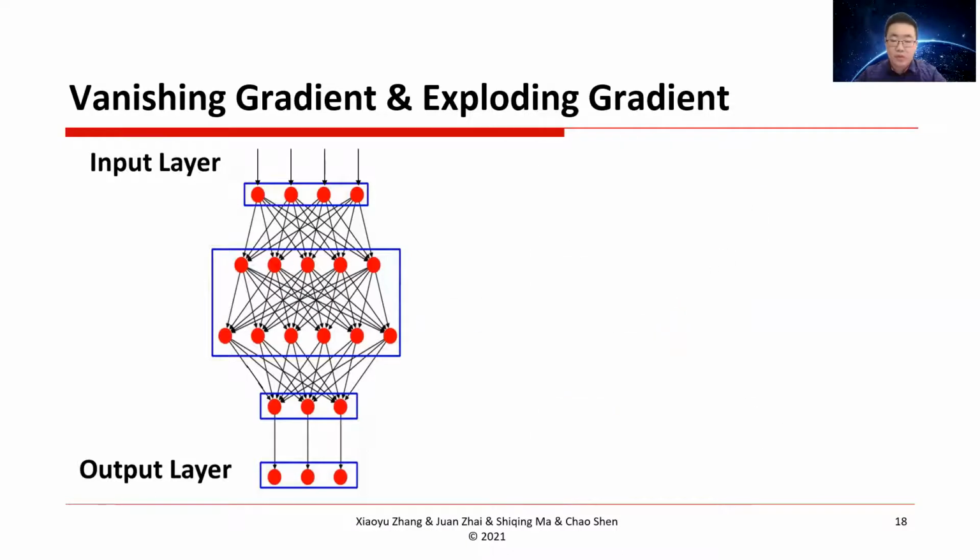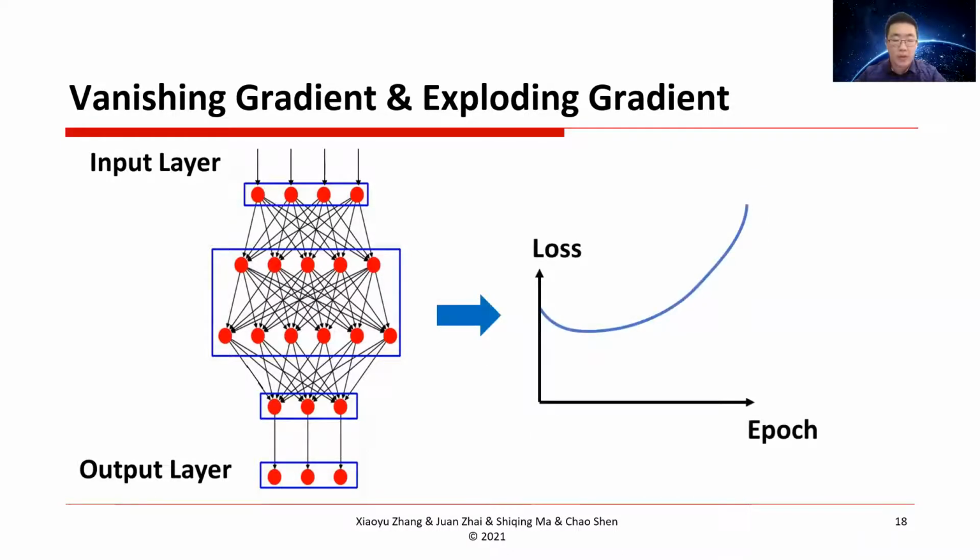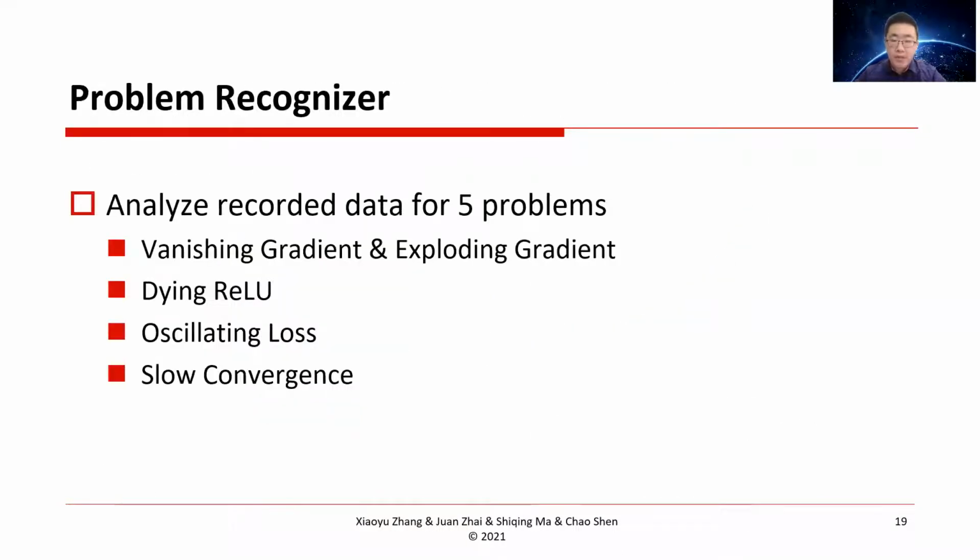As a result, the training will also end up with a high loss value. In addition, the problem recognizer also detects the dying ReLU, oscillating loss, and slow convergence. Dying ReLU happens when most neurons in a model receive non-positive input. When the loss value goes up and down frequently during training, it may be considered an oscillating loss problem. And the slow convergence problem happens when a high loss value decreases so slowly that no significant improvement has